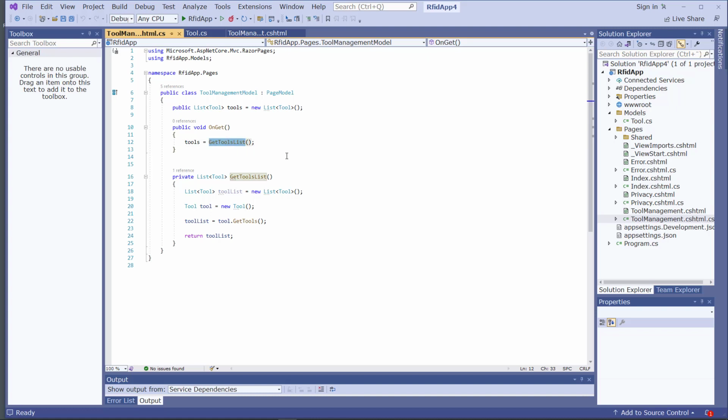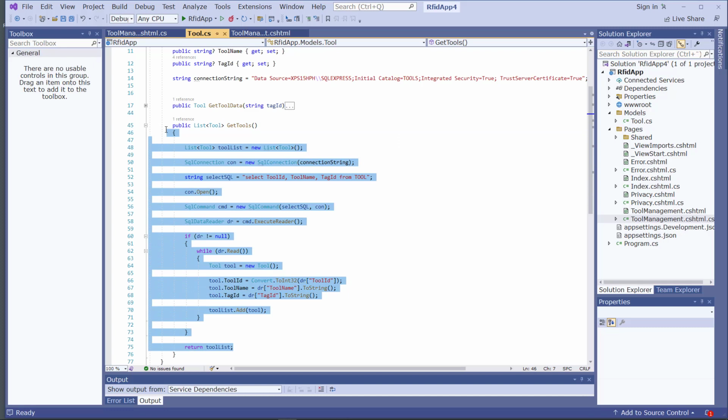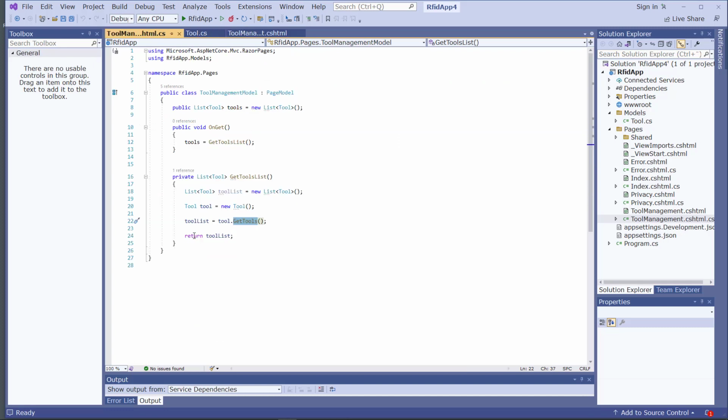I have created a new method inside this page called getToolsList, which I have created here. Basically, it just creates a new object of this tool class, and then it calls this getTools method that we created in this C# class like this. And then it returns this one,